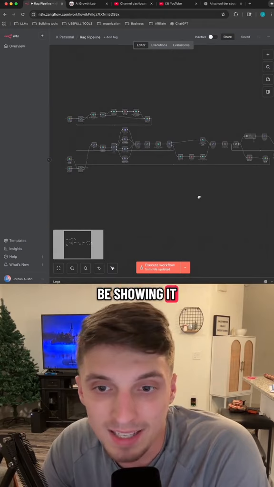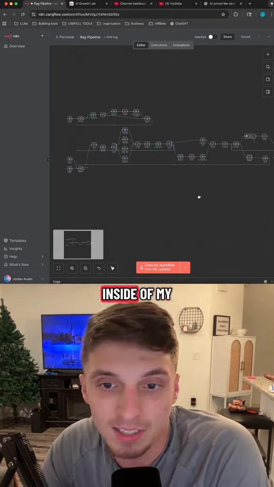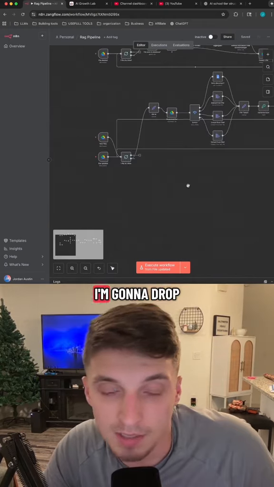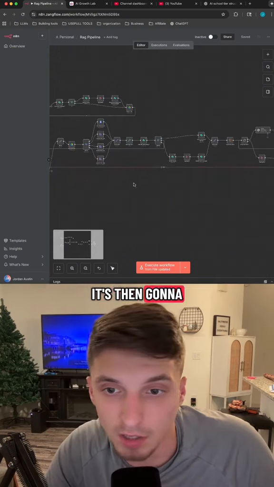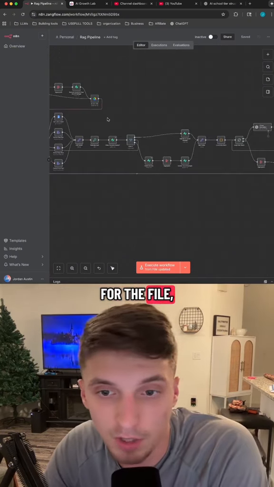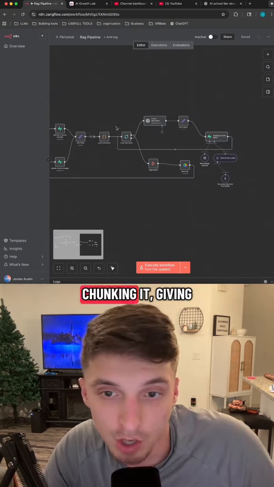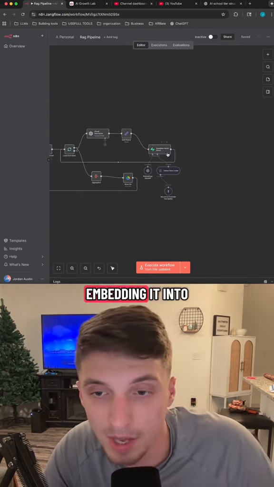Real quick, guys, I just want to show you a simple use case for this aggregate node inside of n8n. For the example, I'm going to be showing it inside of my RAG data pipeline. So what's going to happen is I'm going to drop a file into my Google Drive folder. It's then going to go through downloading the file, generating a hash for the file, seeing if that file already exists in my knowledge base, chunking it, giving each chunk a description, and then ultimately embedding it into our vector